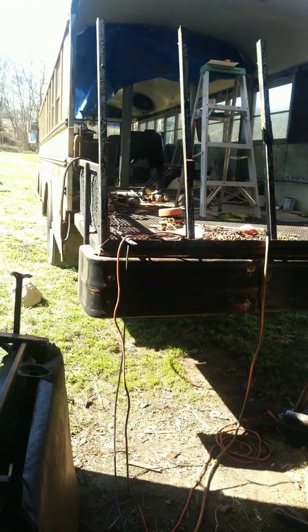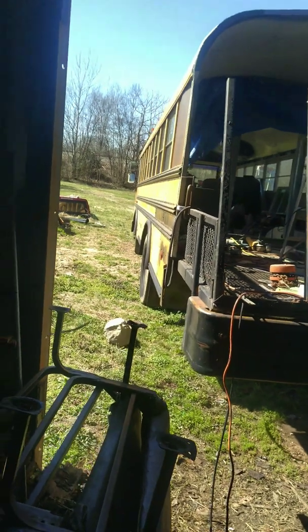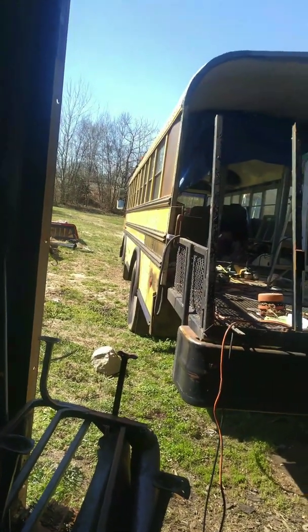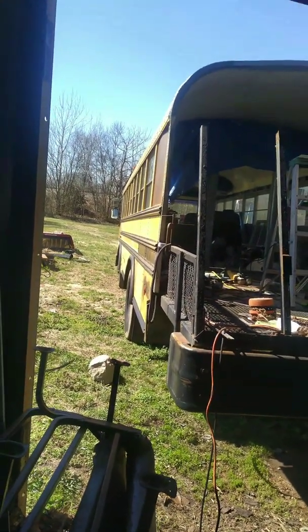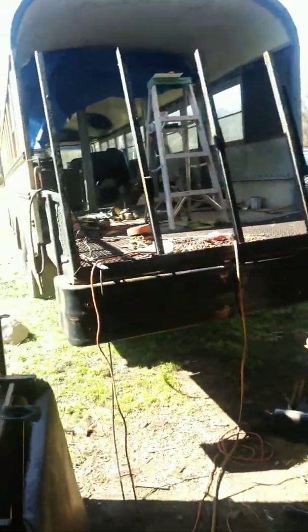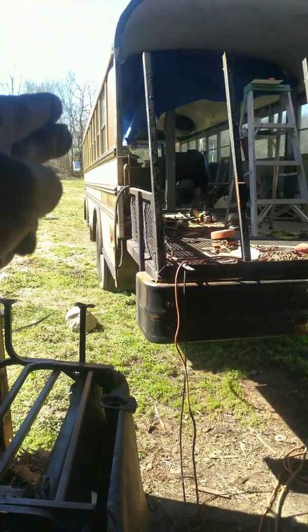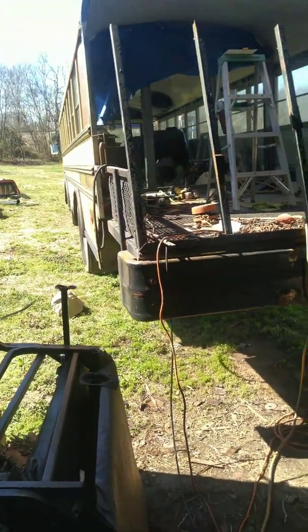And before I seal it, see the mineral spirits, I got that up there on top of the bus. I already wiped down where that strobe light was and just a little bit of self-etching primer there. But today I'm going to try to get this fiberglass here done on both sides, on the outside of the bus. I'm going to try to pick the caulk around the windows as far up as I can, equally on